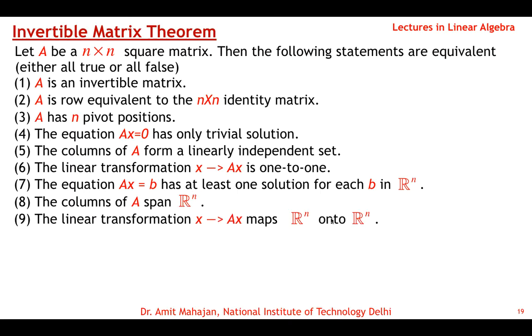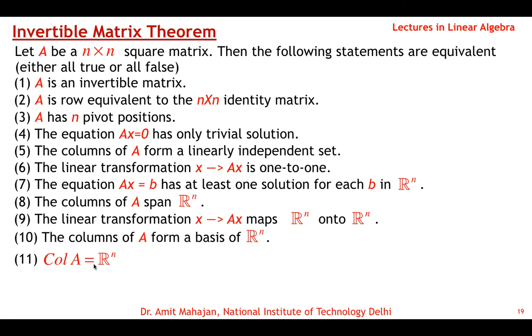The linear transformation is onto. For every v there is a solution. The system is always consistent for every vector in Rn, so it is an onto mapping. So this is also true. The columns of A form a basis of Rn. This is again true, because the columns are linearly independent and they span Rn. So both properties required for a basis hold, linear independence and span. So it forms a basis for Rn. The column space of A is the whole of Rn, because the columns span the whole of Rn. So the column space of A must be equal to Rn. The dimension of the column space of A is n, because it is the dimension of Rn, and that's n.